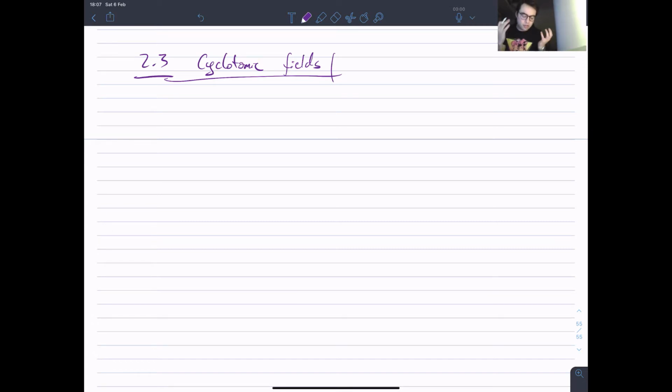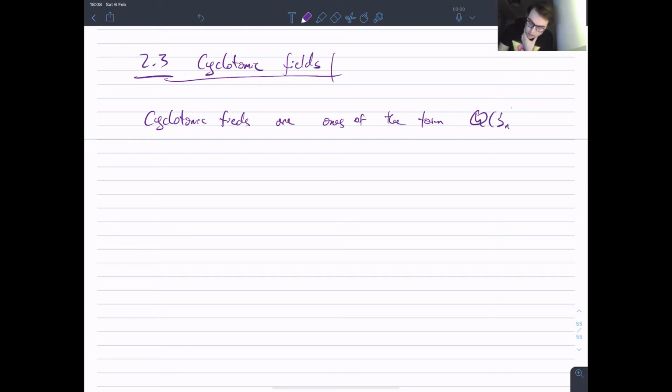And with cyclotomic fields, the word that you should think of is roots of unity. It's a field that you get by just adjoining lots of roots of unity. So these are some of the more interesting ones. Let me just make a vague remark. So cyclotomic fields are ones of the form, say, Q(zeta_n), where zeta_n is